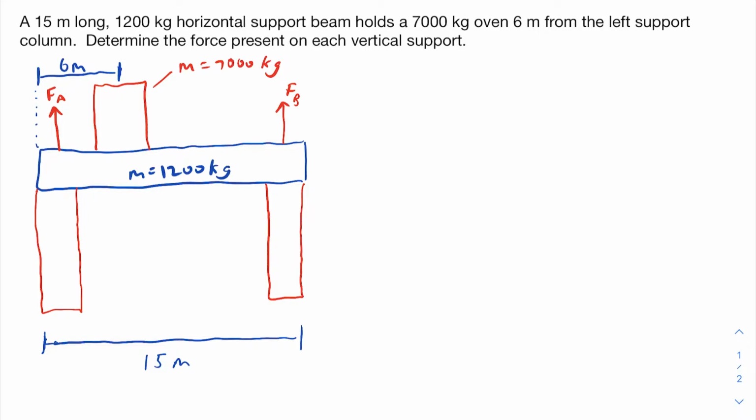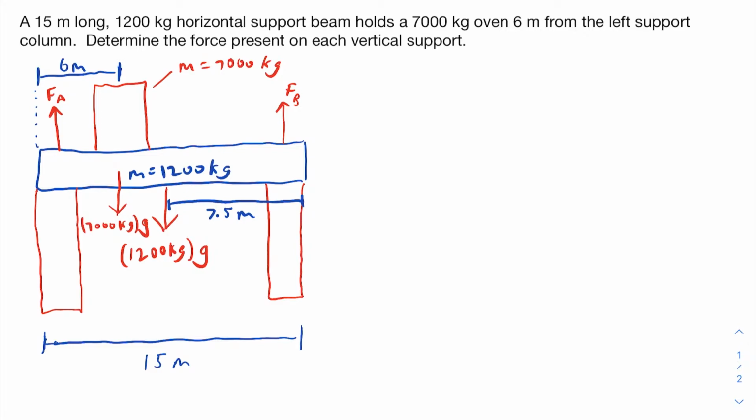We're told that the horizontal beam has a mass of 1,200 kilograms. The weight of the horizontal beam, equal to 1,200 kilograms multiplied by the acceleration due to gravity, acts at the beam's center of gravity, which is 7.5 meters from either column. In addition, the oven exerts a downward force on the beam equal to 7,000 kilograms multiplied by the acceleration due